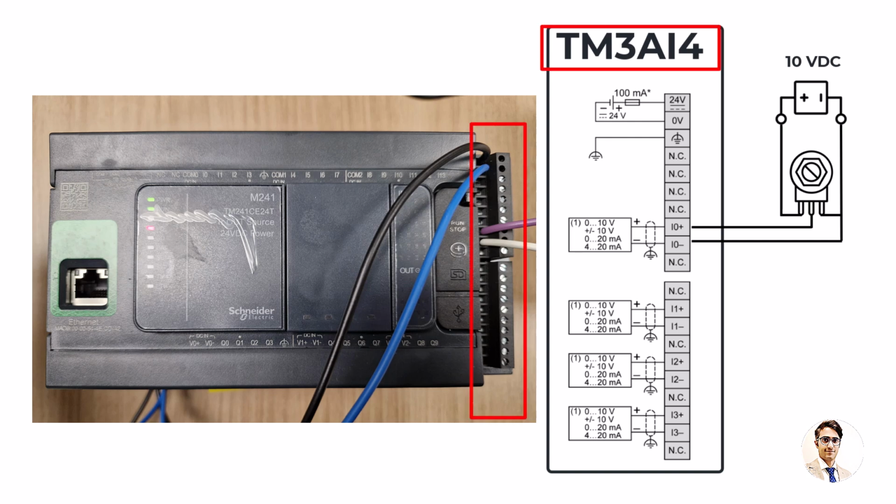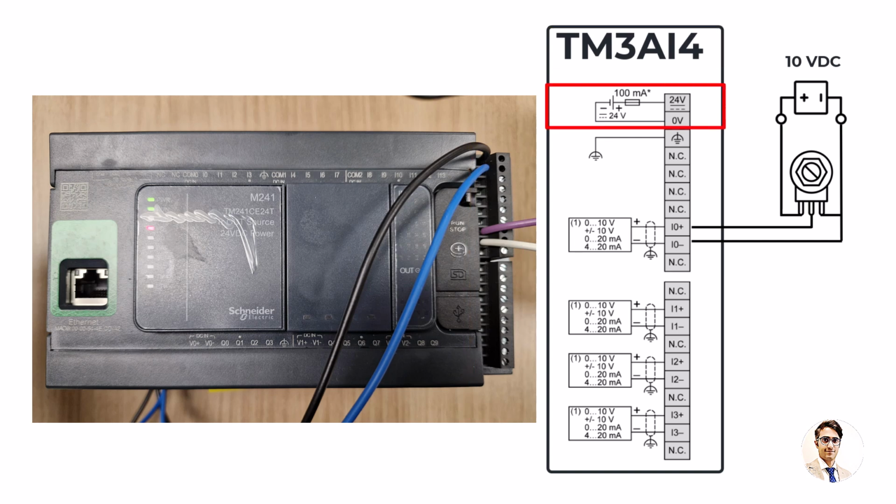TM3AI4 expansion I/O module, which features 4 analog input channels configurable for either 4 to 20 mA or 0 to 10 volt inputs. Since this analog module is passive, a 10 volt DC power supply is required to connect the potentiometer to channel 0. The potentiometer's middle pin, which provides a variable signal between 0 and 10 volts, is connected